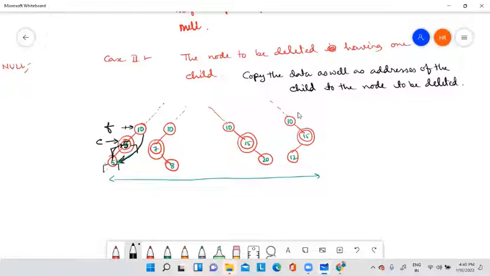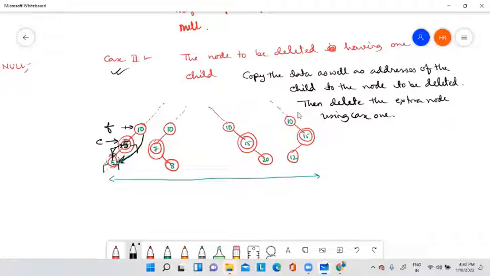Okay, then delete the extra node using case 1. See, if we copy the whole thing here, this node deletion now becomes very easy because it is a single node having no children, so you can easily delete it. So this is case number 2.